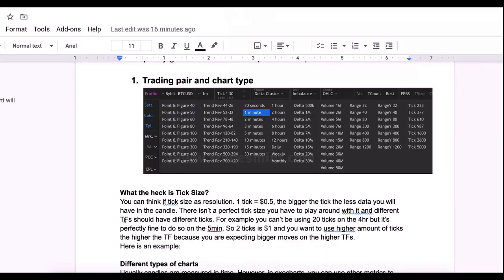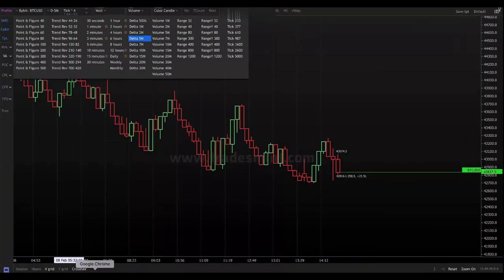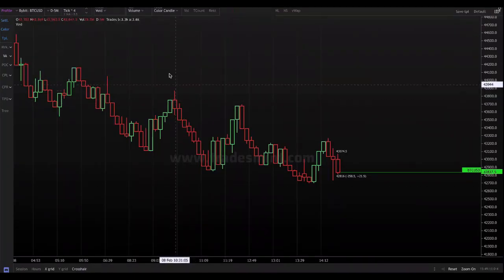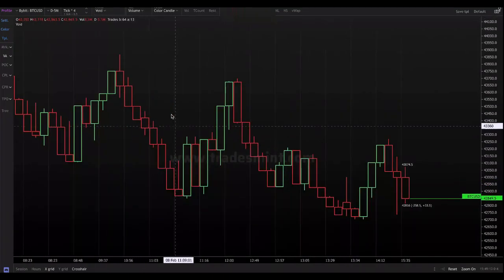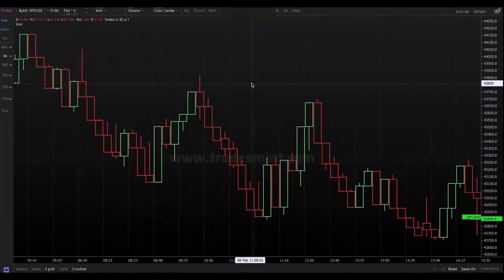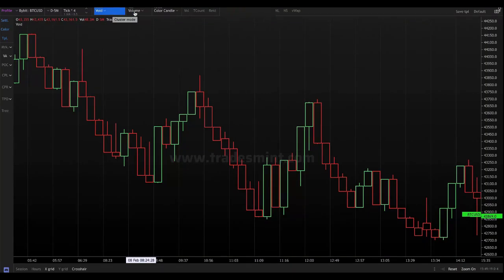Now, in order to demonstrate how tick size changes the resolution, what I'm going to do is come back into Exocharts, and I'm going to put on, with these candles, something called a bid-ask profile. Okay, a bid-ask profile is basically going to tell us